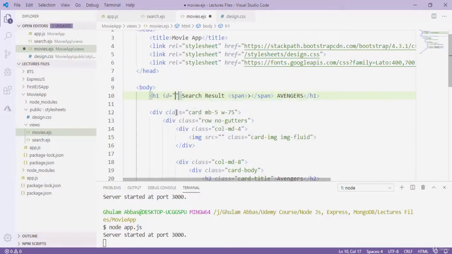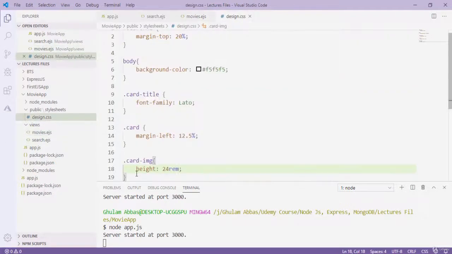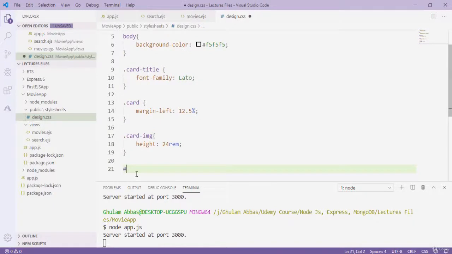I give it an ID and type here search heading like this. Save it, go back and create an ID here, hashtag search heading,